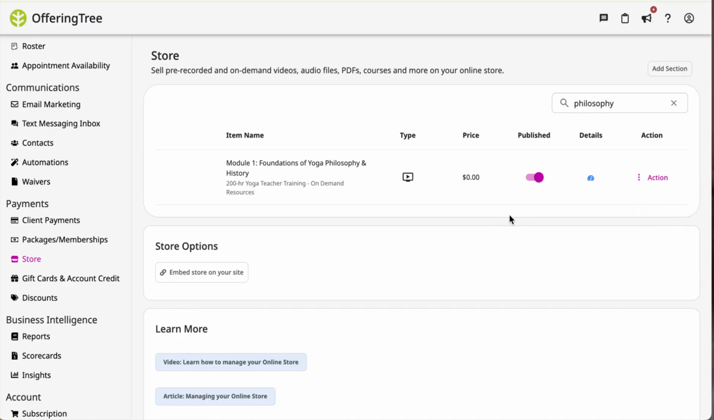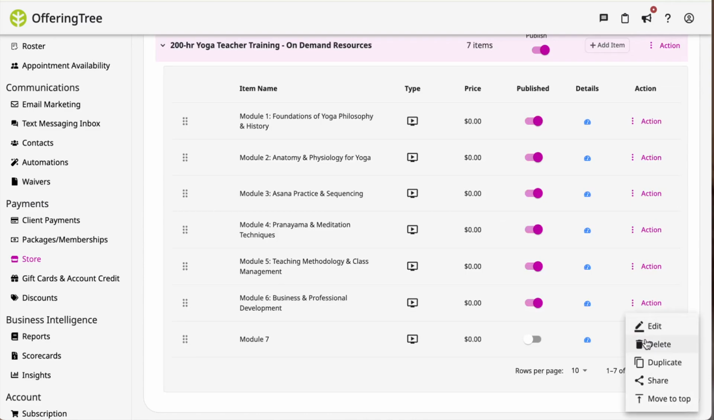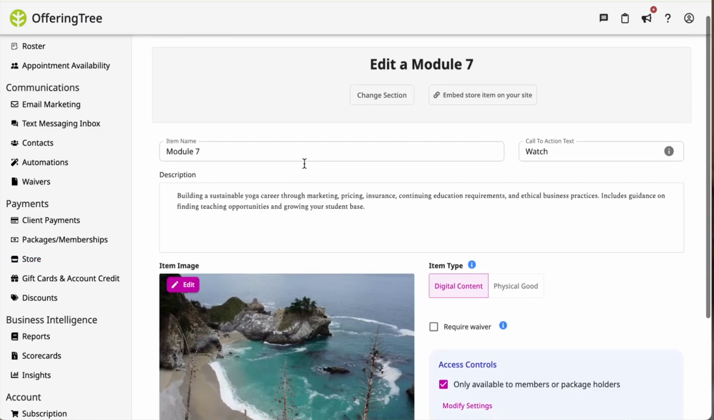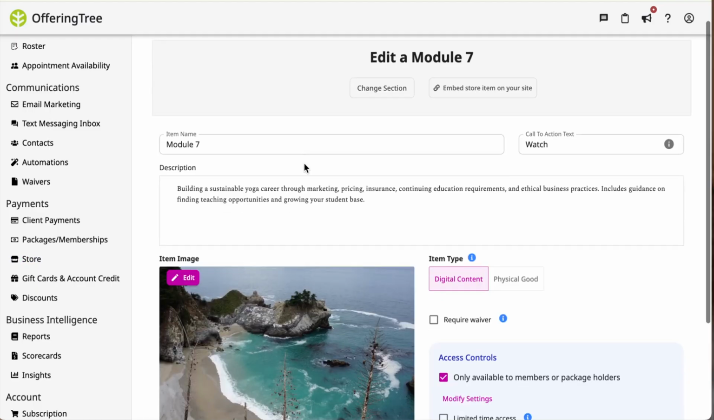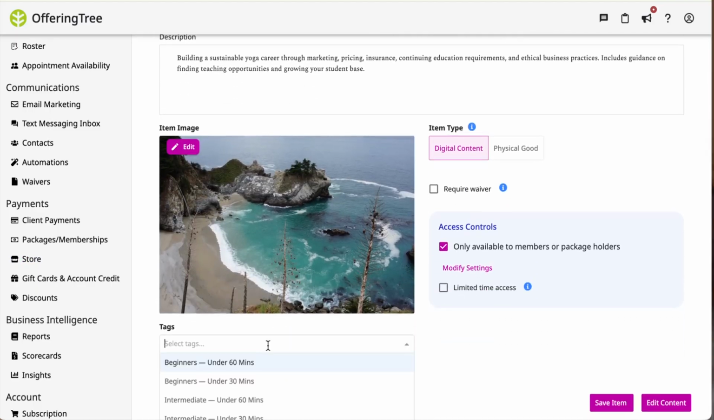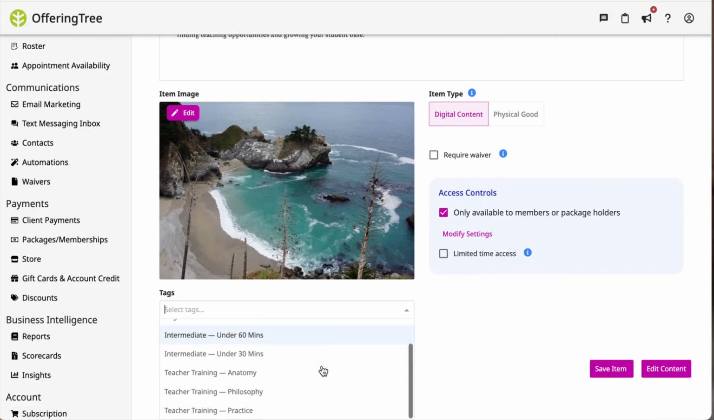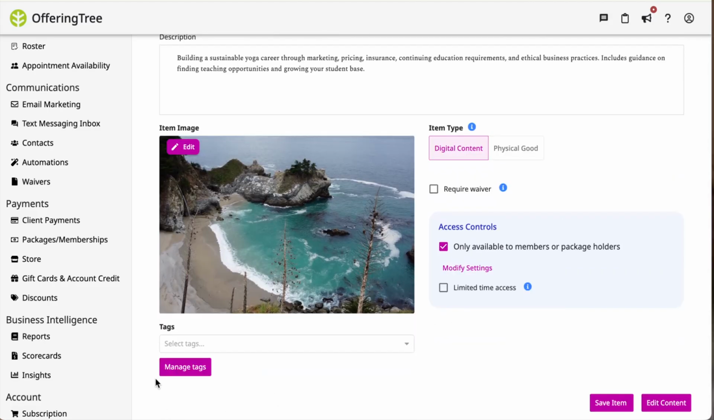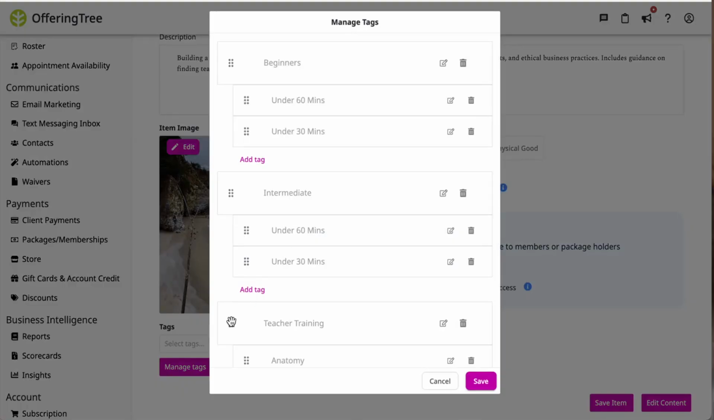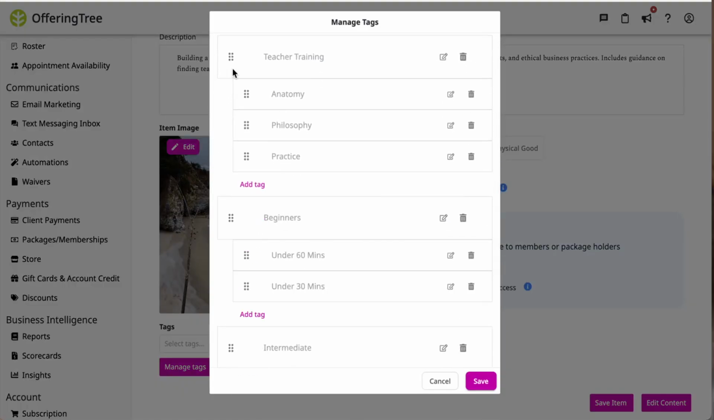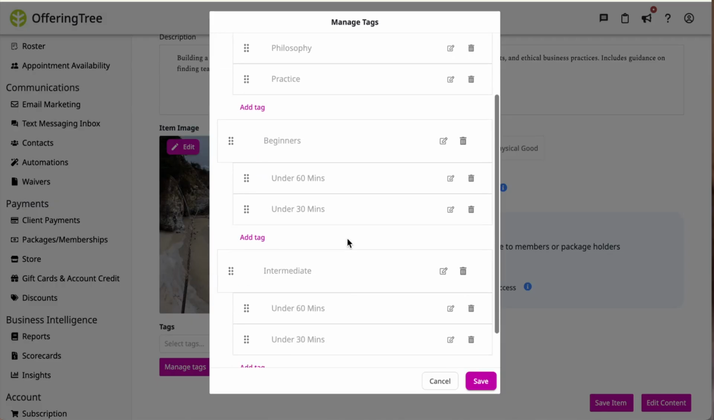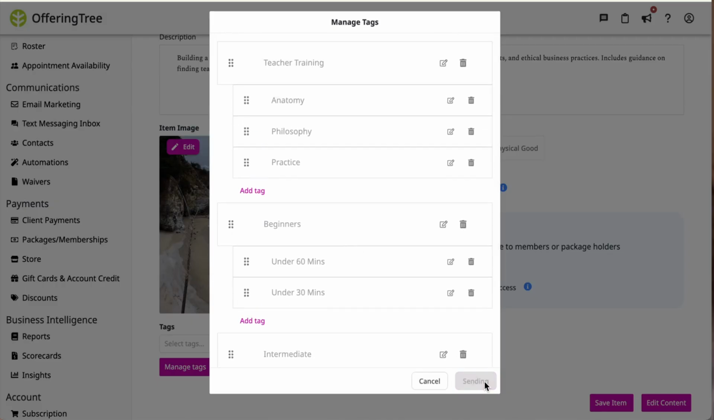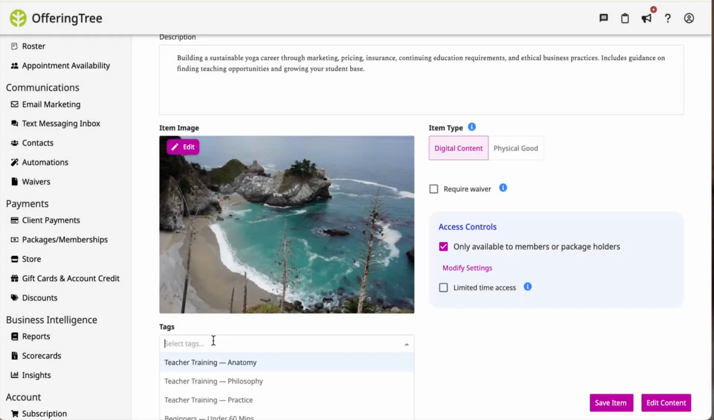There has also been an update connected to your tags, which makes it really easy to filter your online store. And when you are adding your tags, you can also rearrange them. So maybe it's more important for you to see the teacher training tags first instead of the beginner or intermediate tags. So when you do this, you can look for that right away and add the tag that you need